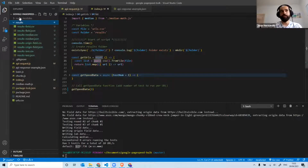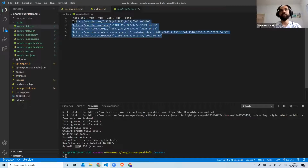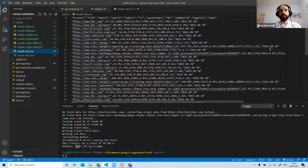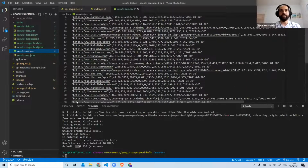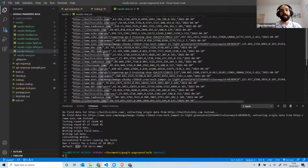So then you go to your results folder, and in here you can see your field data that you only take once. In this case, these are the URLs that had some field data. And then in the results test, you'll see the 30 URLs in here, because it's 31, because the header is also 1. So all the 30 URLs are in there. And